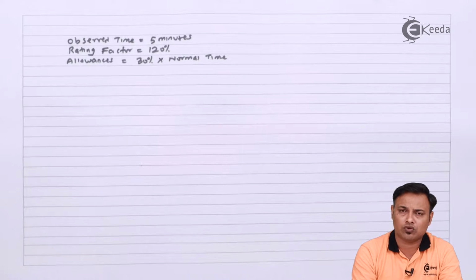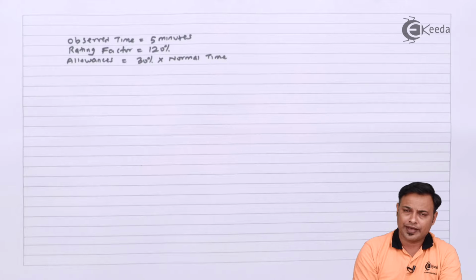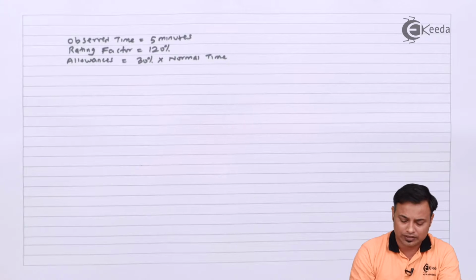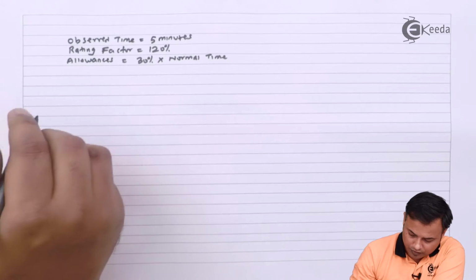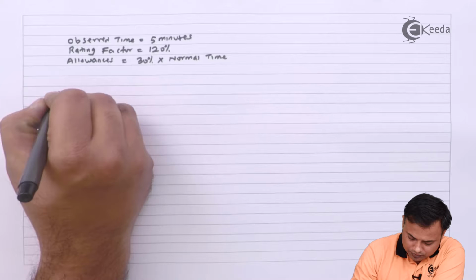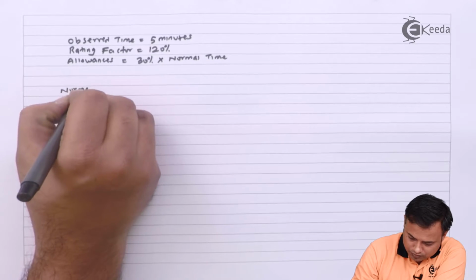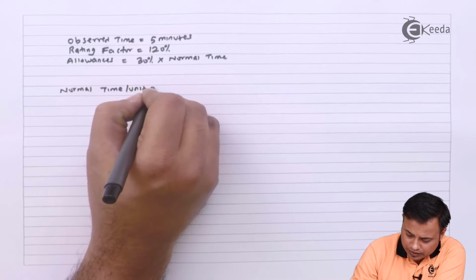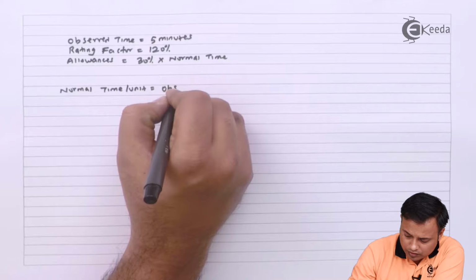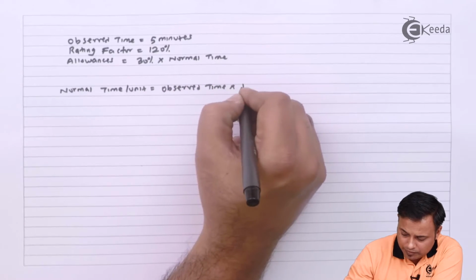And so that will be used to multiply and get a number which will be based on the observation plus rating factor. How that will be done? Let's see. First, we'll find out the normal time per unit, that is simply observed time multiplied by